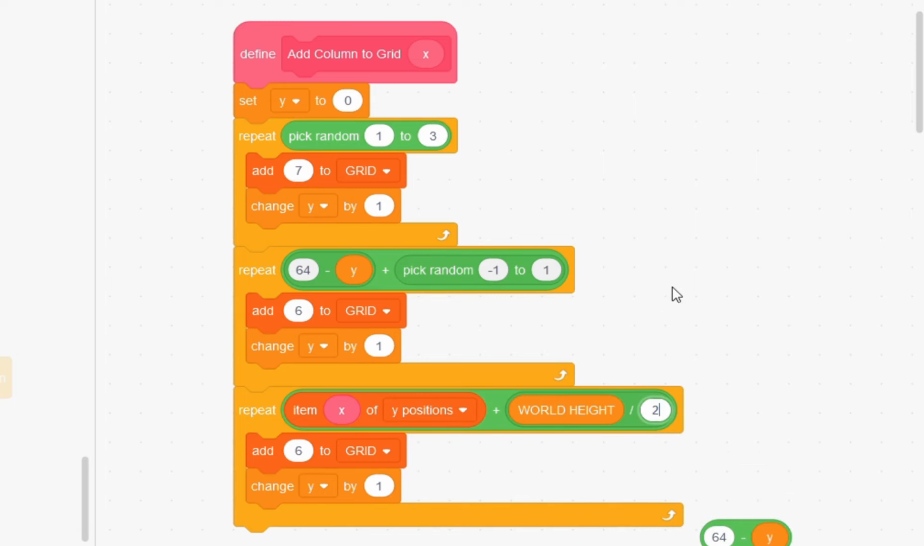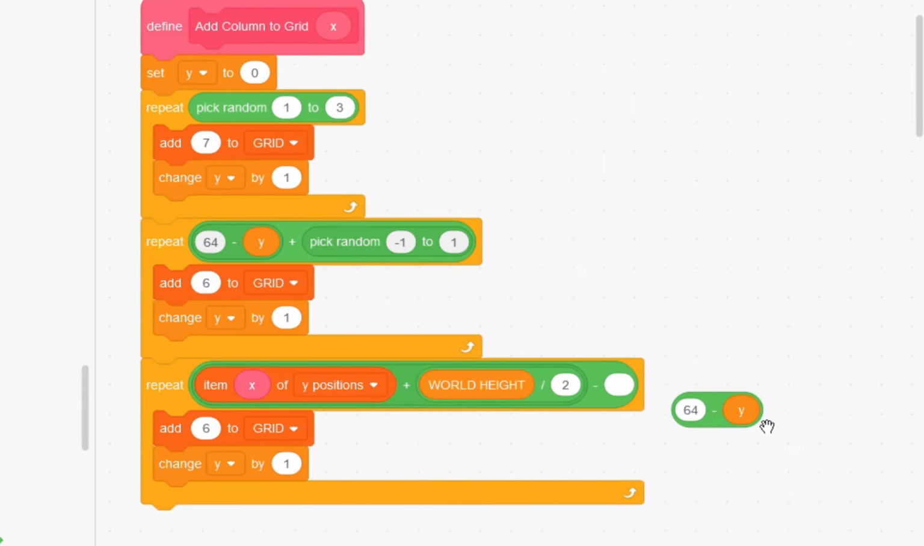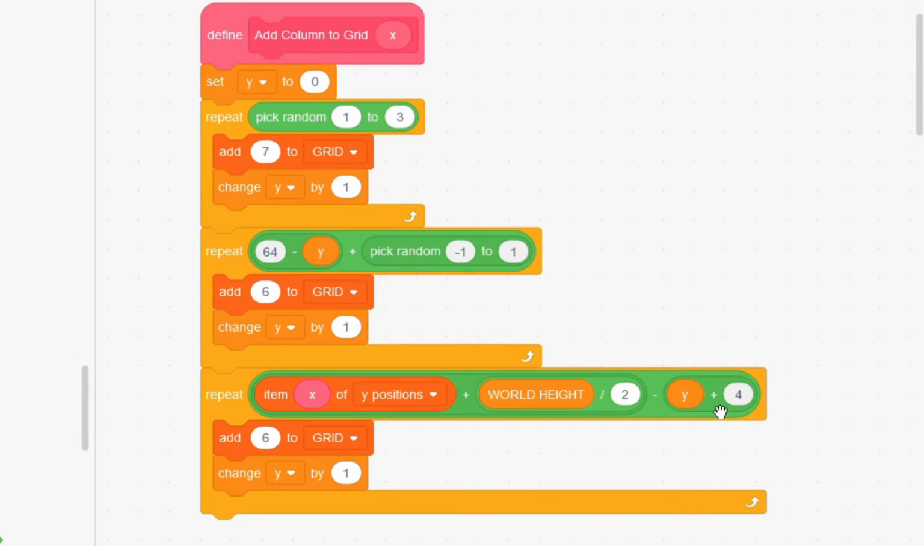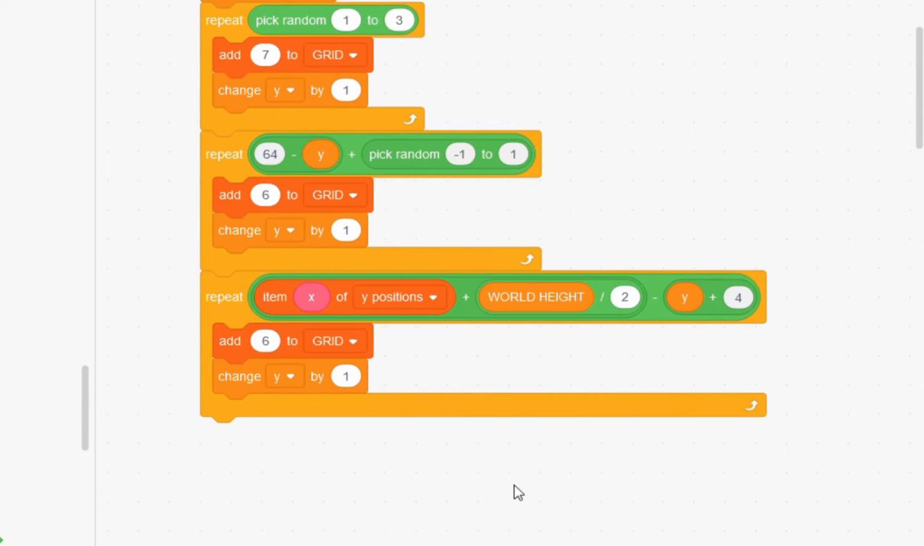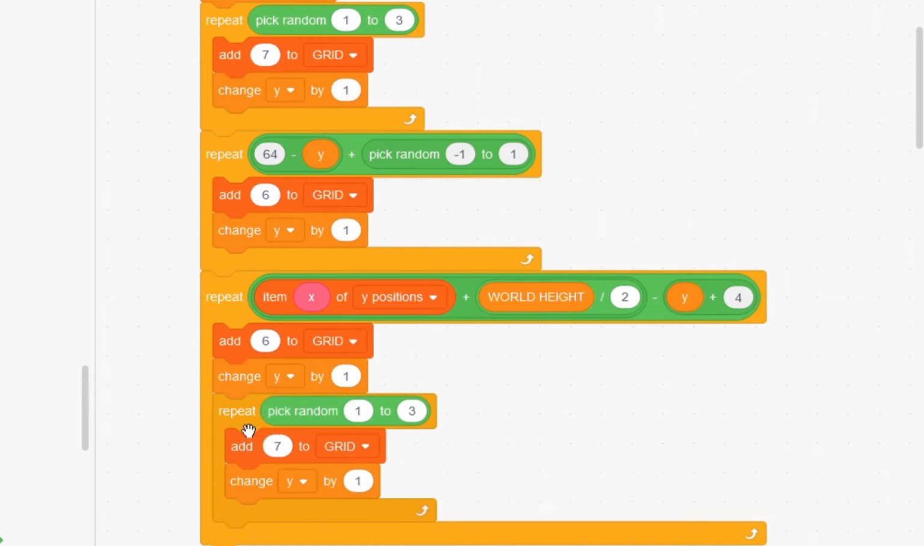World height divided by 2. And from that we need to subtract the Y plus 4. And the Y, right, we need to subtract the Y because we get the difference. And the 4 because of the 4 blocks of dirt and grass. Okay, speaking of dirt, I'm going to repeat 3 times